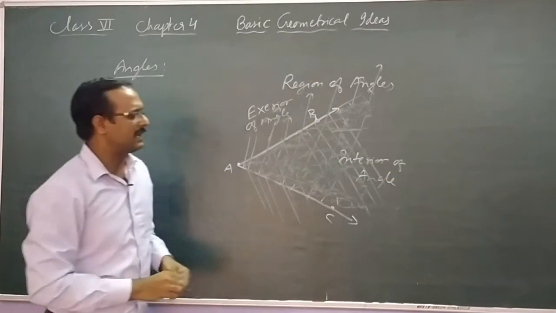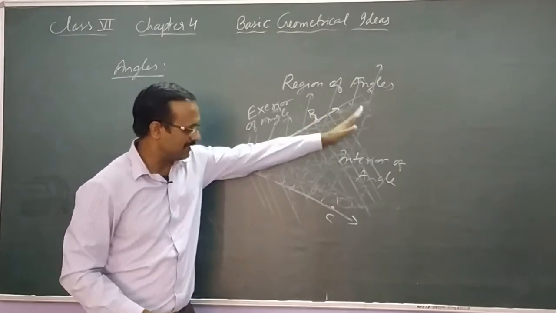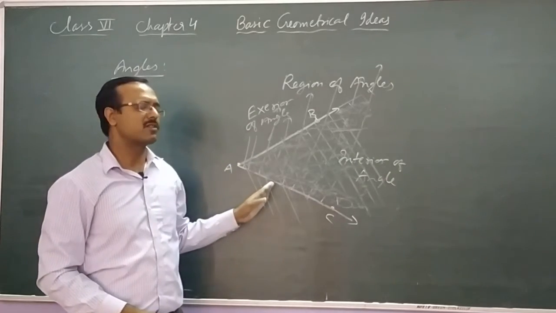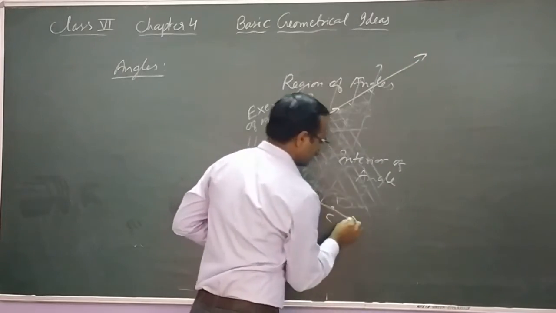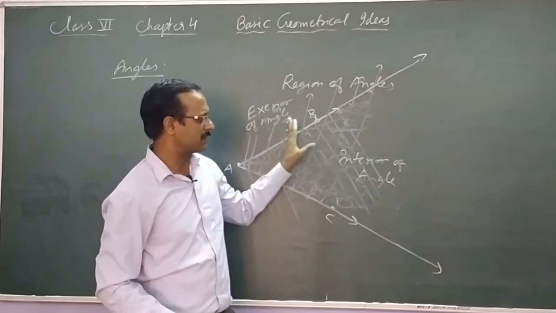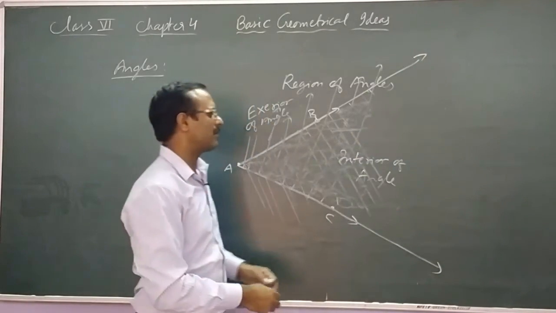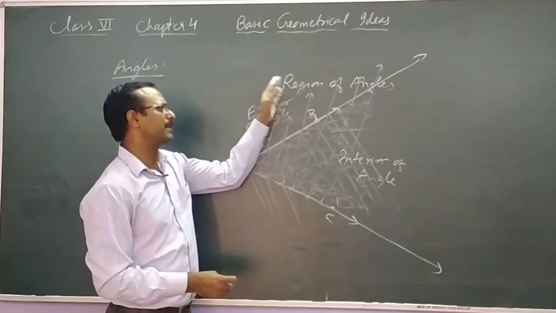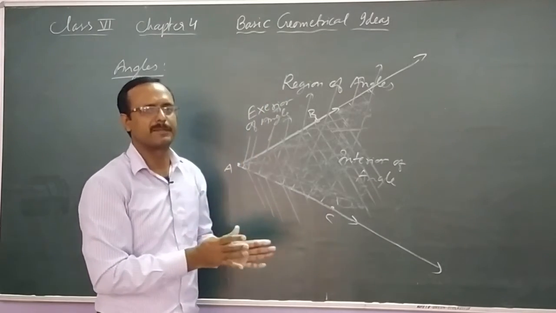Now, is there any restriction on the interior of the angle? Is it limited to some portion? No, it is not limited, because the ray can go to infinite. It will continue to spread. So this region is also not constant. It will go up to infinite. So the interior of an angle is always infinite, and the exterior of the angle will be in those portions where the intersection of the two shadings is not happening.